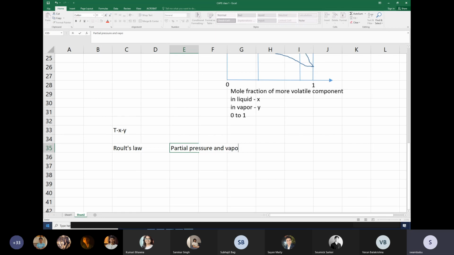and vapor pressure. Very nice. So partial pressure is equal to the liquid mole fraction, that is X, times the vapor pressure. Now partial pressure can be written as what is